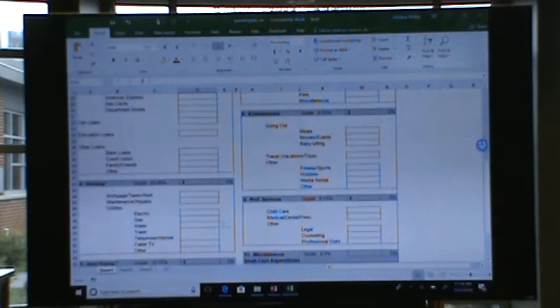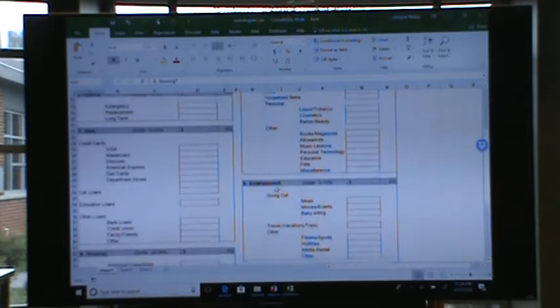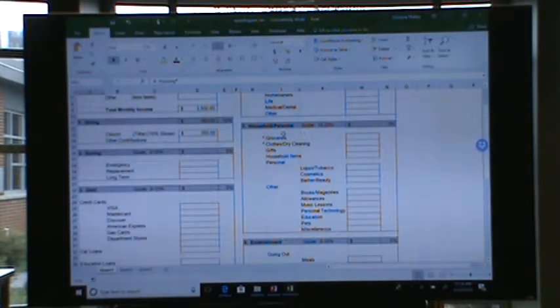Now I'm going to skip down to, like I said, the necessities first. And I have them marked out here with the little asterisks just to kind of show that they are the 4 walls. 4 walls being your housing, so you need shelter. Transportation, particularly around here, you need some form of transportation to get to your jobs. Even if it's a bike, you need something. So transportation, and then groceries, so you need food, and clothing. Can't be running around naked, so you need some sort of way to clothe yourself.